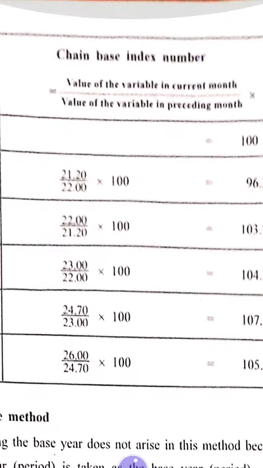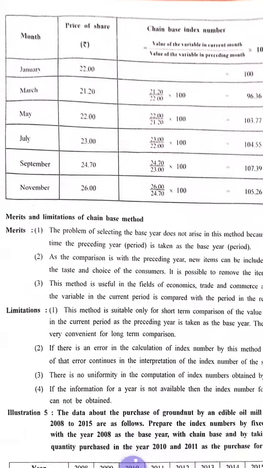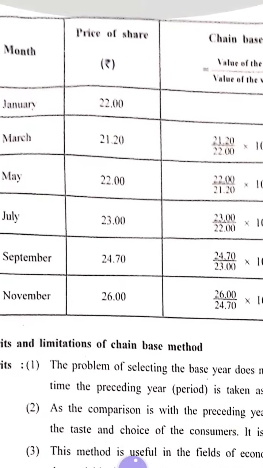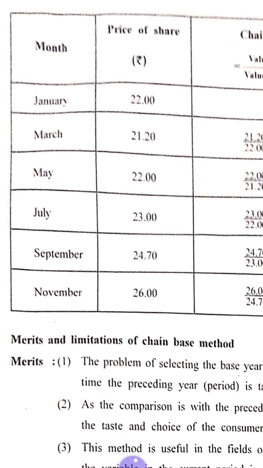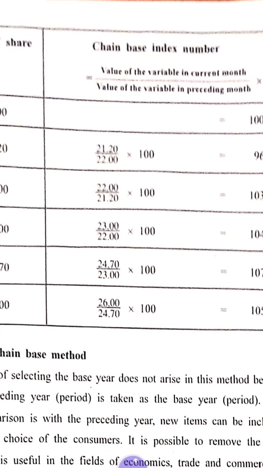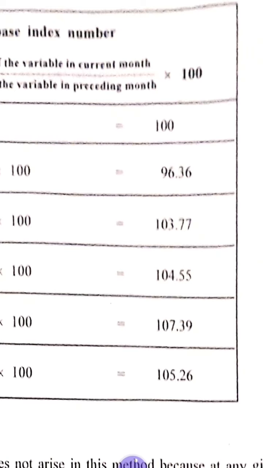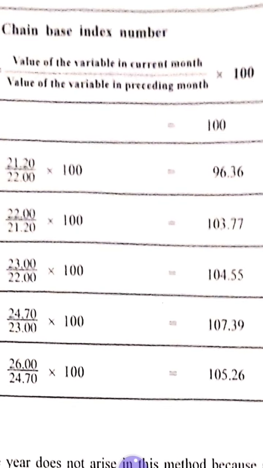Now children, as you find out the chain based index number, for the first month January you would find, because we don't have the previous month, nothing has been given before this January 2014, there is no such calculation and directly you are going to take 100 for January. Why? Again, the previous month, December 2013, has not been given to us, the value has not been given to us, right? We need the preceding month's value, right?